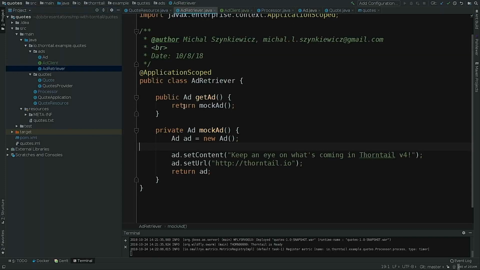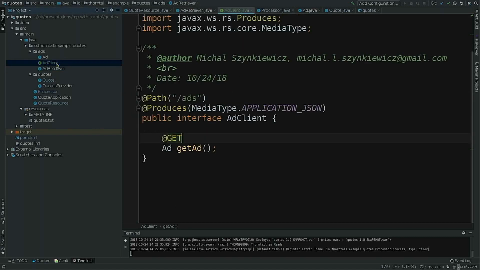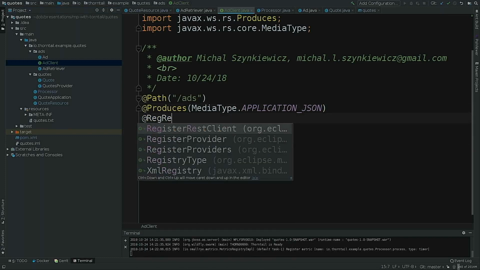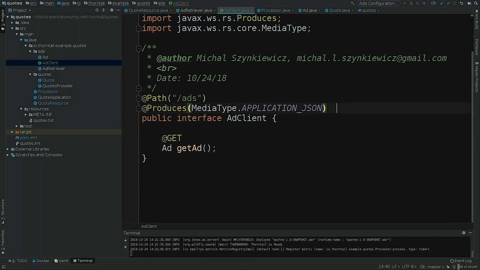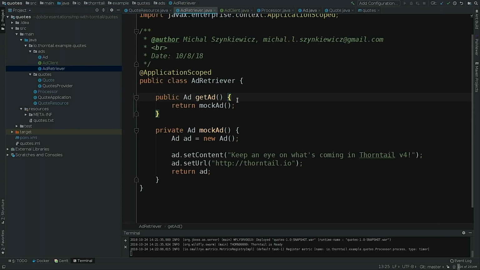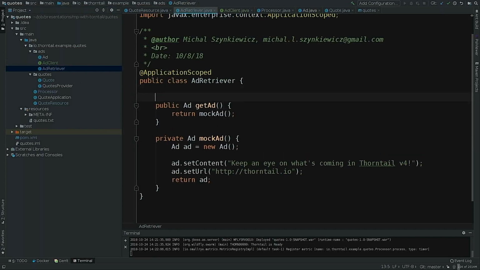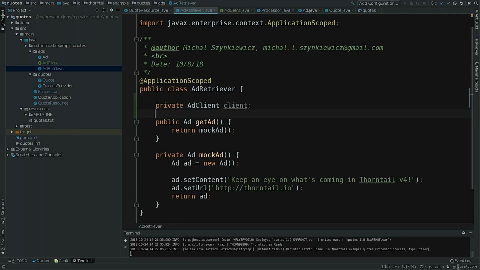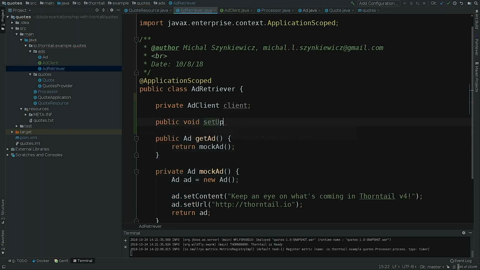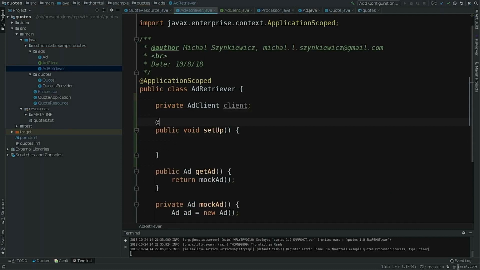Now I need to build a client from that. What I could do is add an annotation here called RegisterRestClient, something like that. And then I would have a REST client available in CDI, but I will do it programmatically. It would be easier for me later on. So let's create an AdClient here. And create it with RestClientBuilder